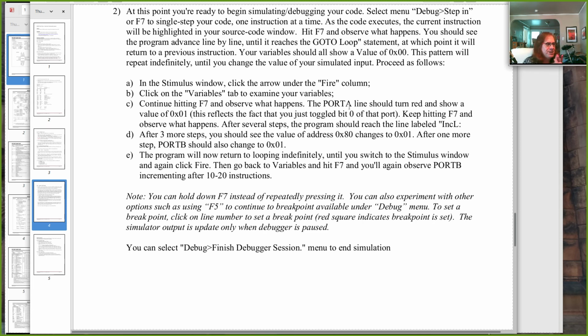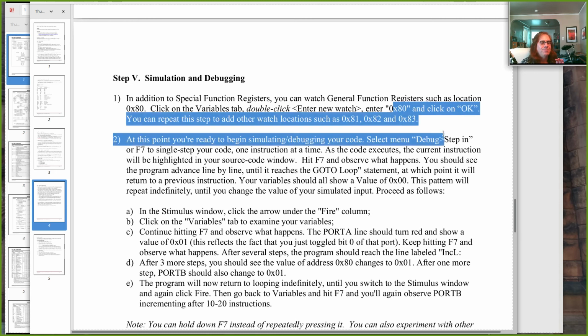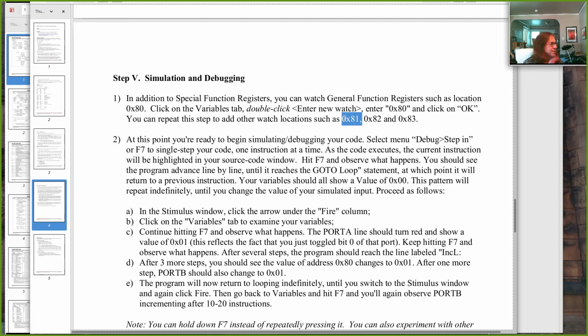And I asked you not to do a screenshot for the disassembly listing, but for outputs from the simulation itself, screenshots work great. So if you've got a watch window where you're looking at the values of these locations, and then when you stepped to this line, the value in this location changed, right? Take a screenshot of that and describe it, right? Put that screenshot in the report, and then, right before or right after it say, when we stepped one more instruction, we saw that this location changed from this to that. And then it stayed the same until we fired the stimulus again, right? So